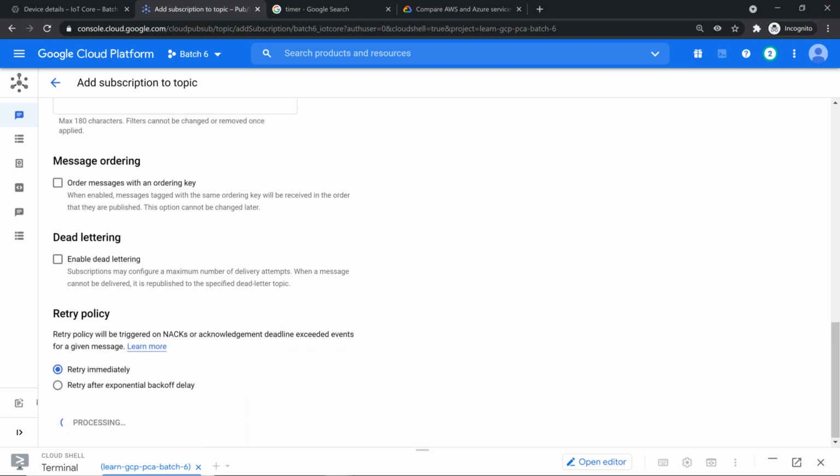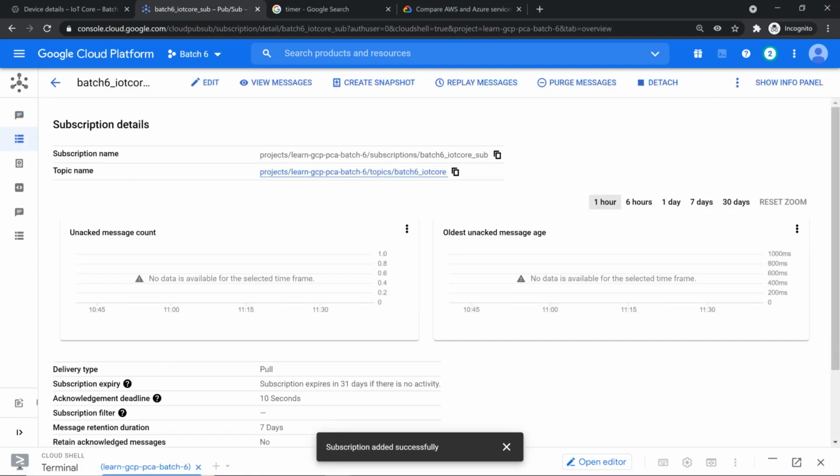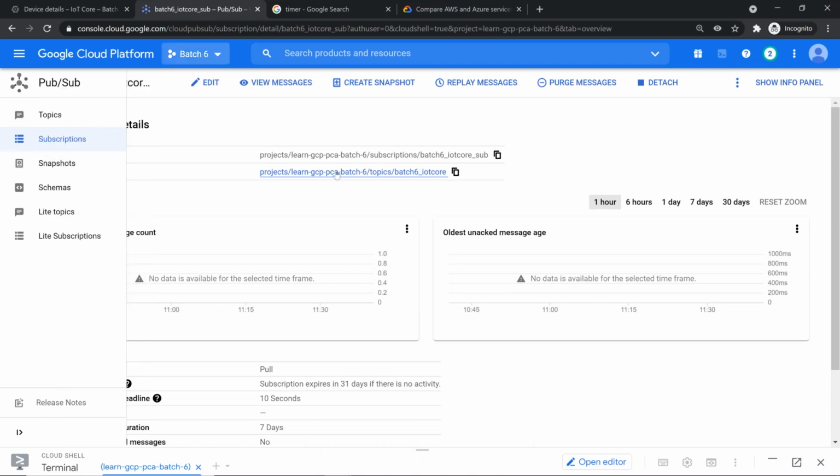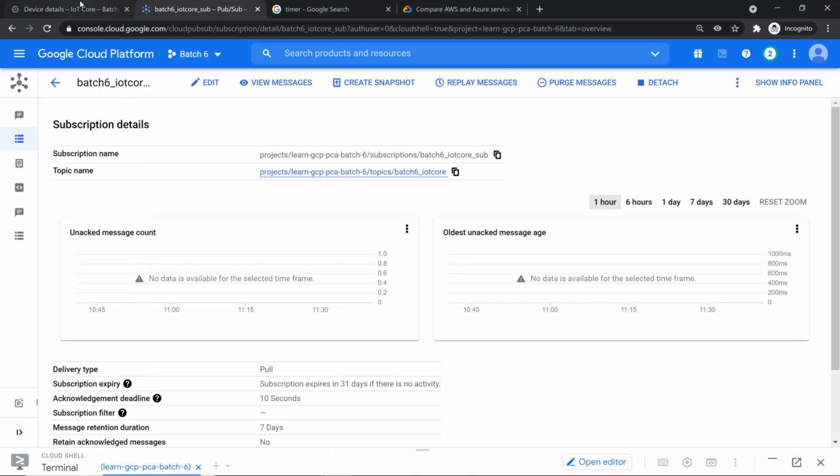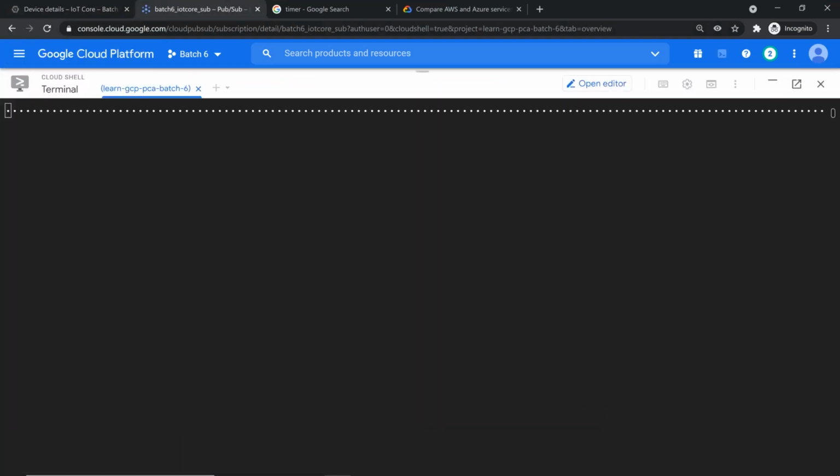Because when we simulate the data, it should come to the topic. And if you don't have a subscription, it's going to be immediately deleted. So we wanted to see the simulated data reaching PubSub. For that purpose, we are creating it. So it can be staged for 7 days. Now it is there. Now what I'm going to do is basically run the code